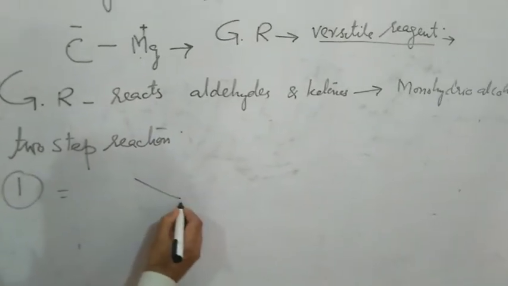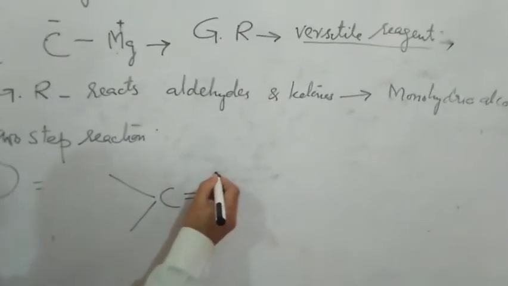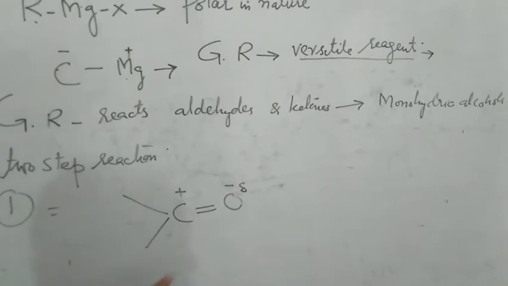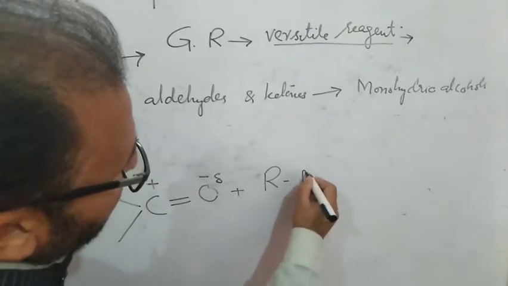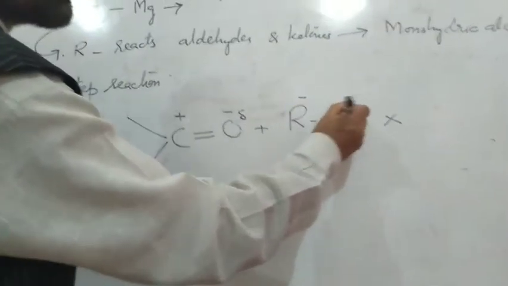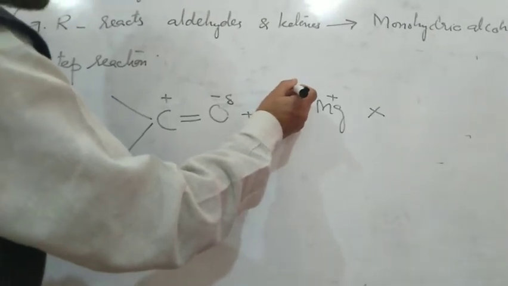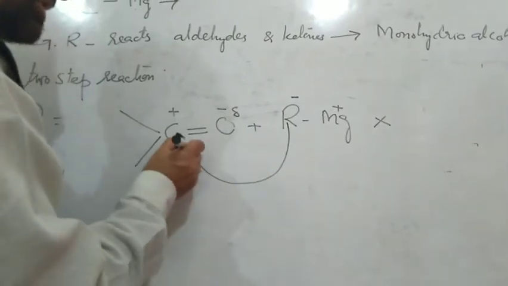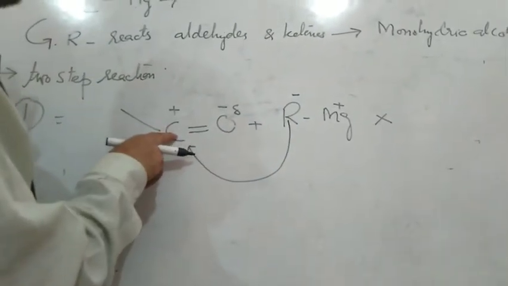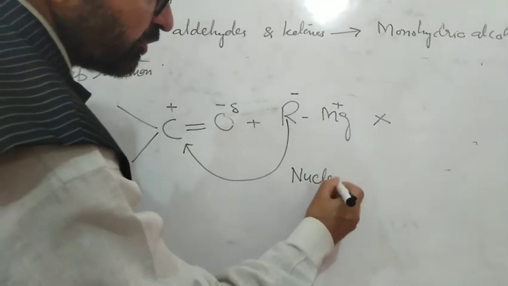Now this is the carbon. I have shown here the carbonyl carbon of aldehydes and ketones. You know it is negative and it is positive. In the first step, RMgX, this is positive, carbon is negative, here it is positive. Due to its polar nature, now it has become negative here. So this is a nucleus loving species. First occurs the nucleophilic attack of this alkyl group on the carbon. I will write it here: nucleophilic attack